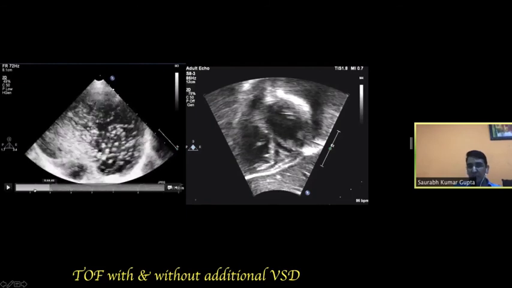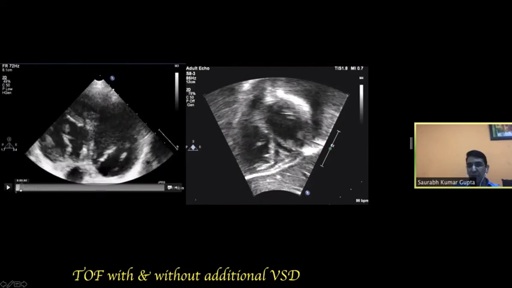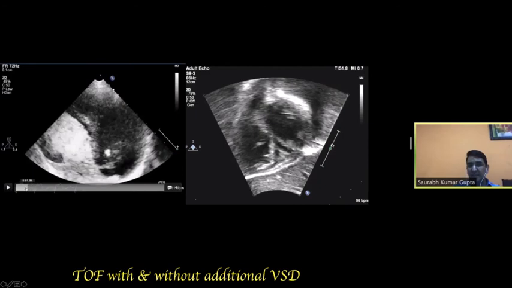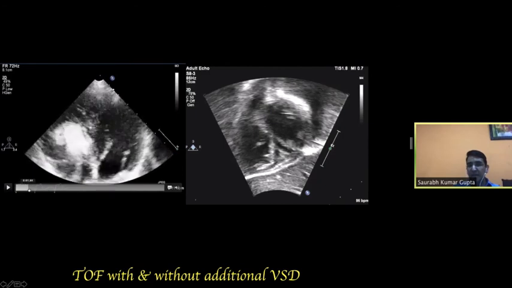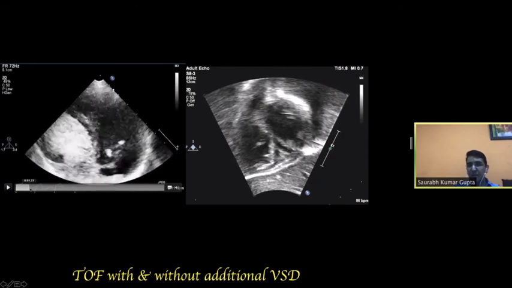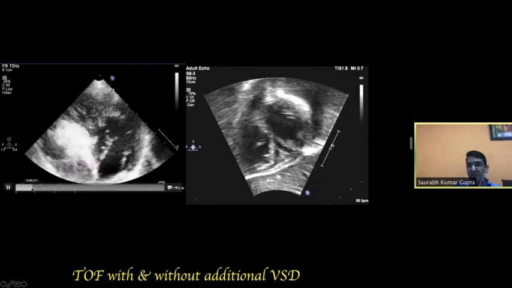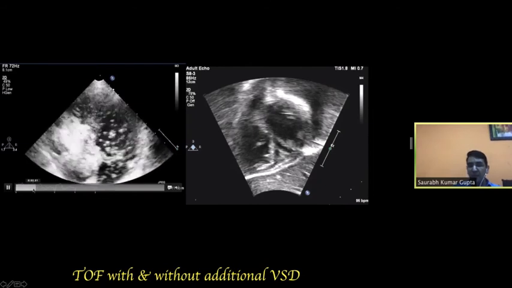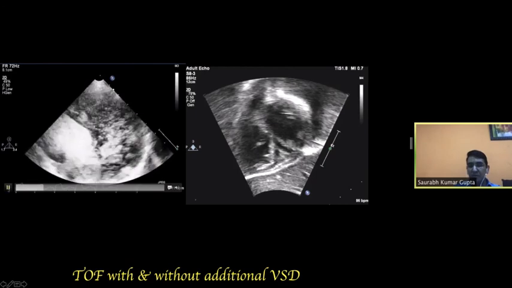Again, we will do our usual assessment of going right from the beginning. You can see over here that there is no contrast in the beginning. Then it comes from the VSD. But if you see over here again, it's not stopping.